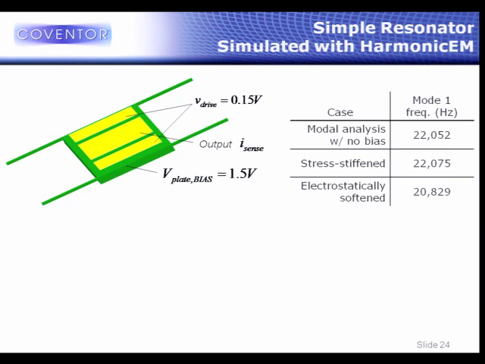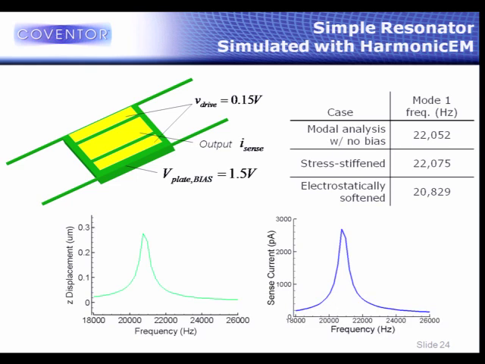It predicts all of this stress stiffening. It goes up a little bit because these tethers don't have any, they're fixed at the end. And then due to electrostatic spring softening, due to this bias, you can see the resonant frequency goes down almost more than a kilohertz. And here's the output. You're able to get the displacement versus frequency and output this current on the output electrode